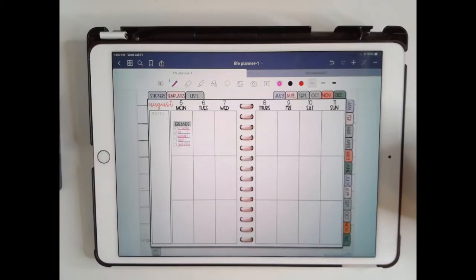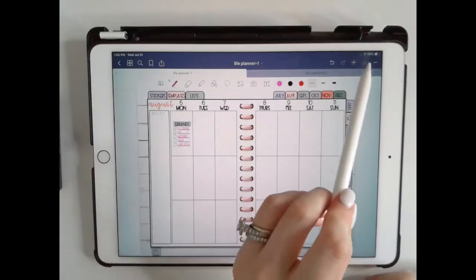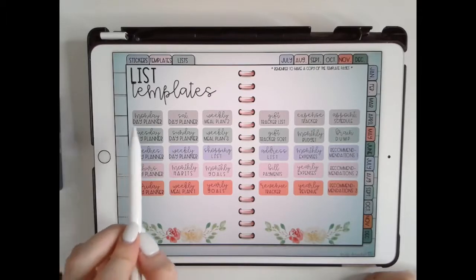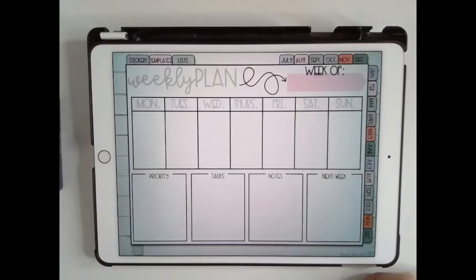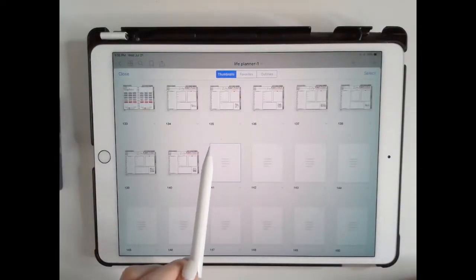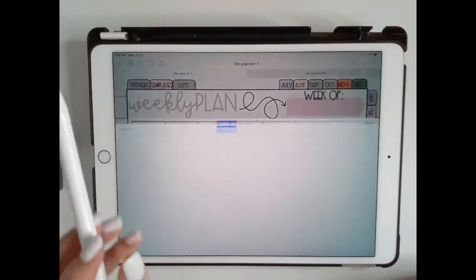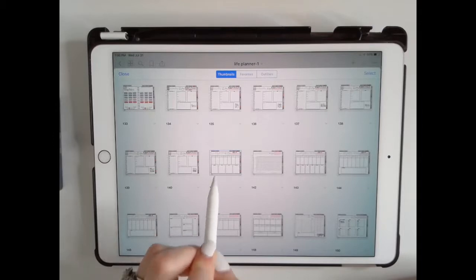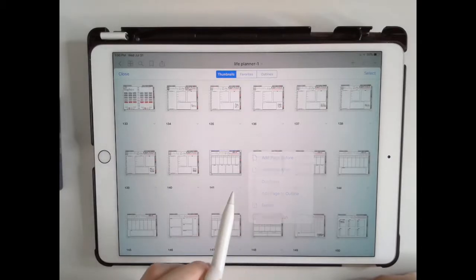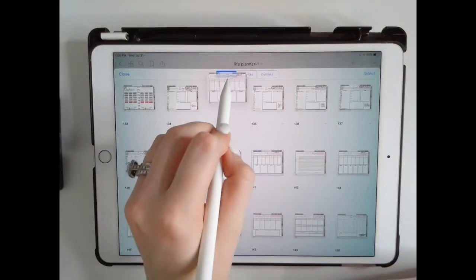So let's say you wanted to add a weekly planner behind this. You could easily do that by going to your lists. And I want to add a weekly day planner. So I'm going to go here, and there's a light blue square around it, so that way you know you're on page 141, and you're going ahead and going to click duplicate, and you're going to move this page back where you were,